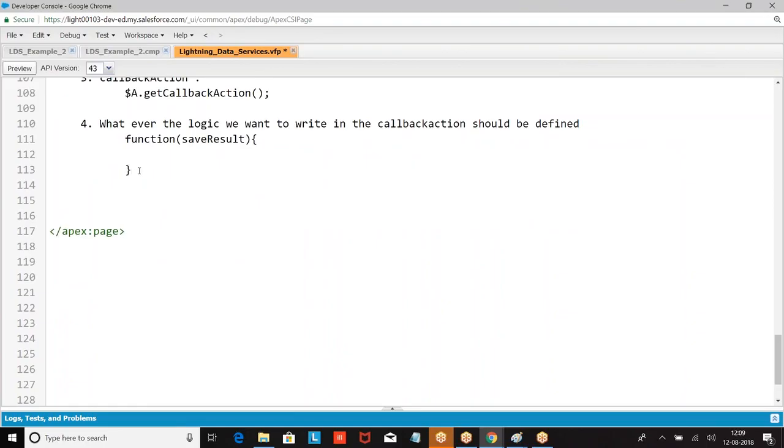So the overall syntax is: how you define save record, $a dot get callback action, function, save result.